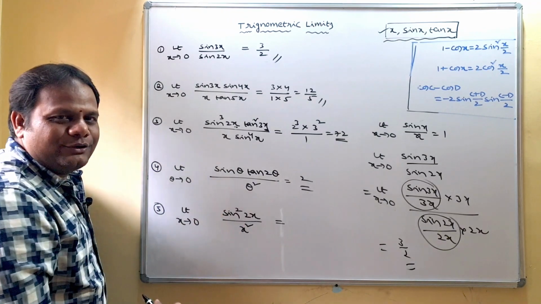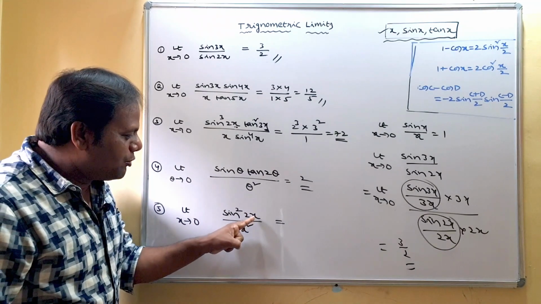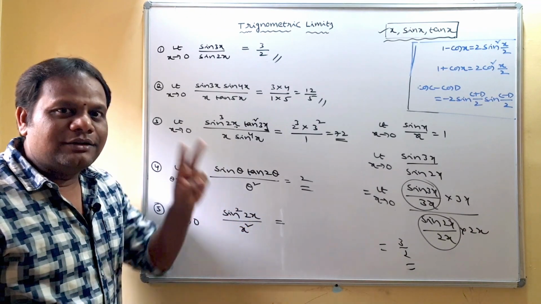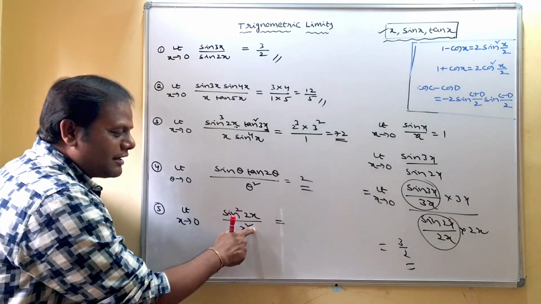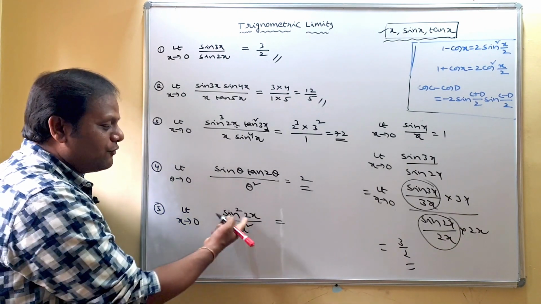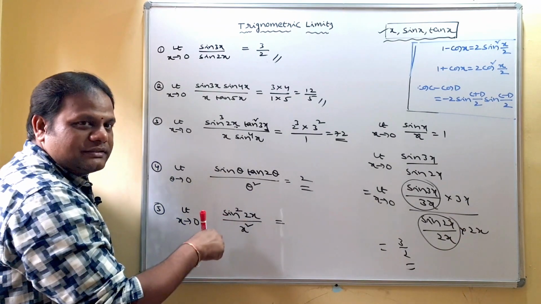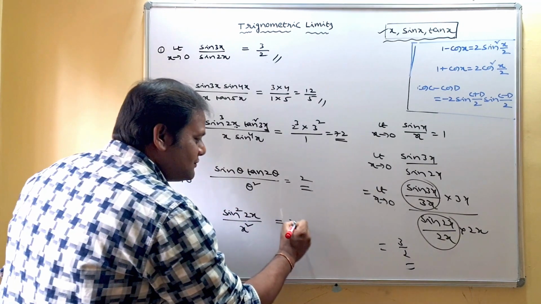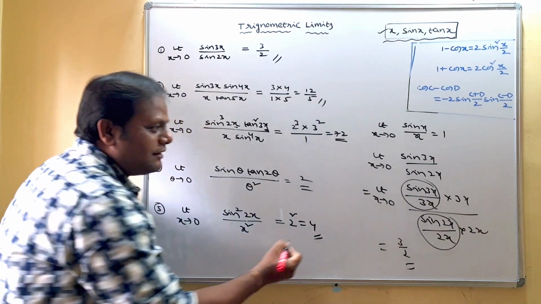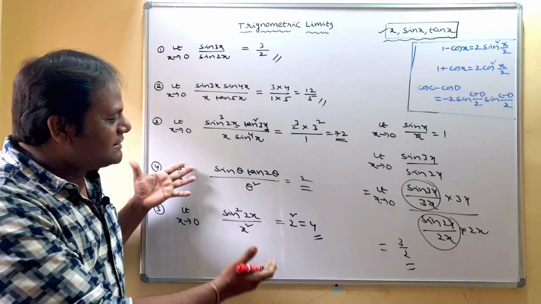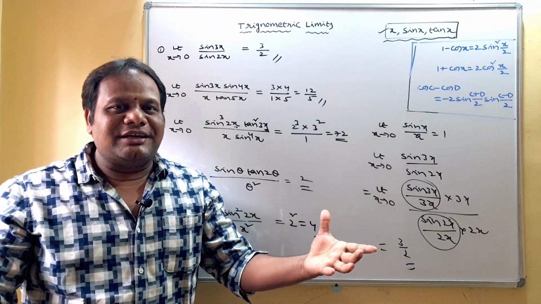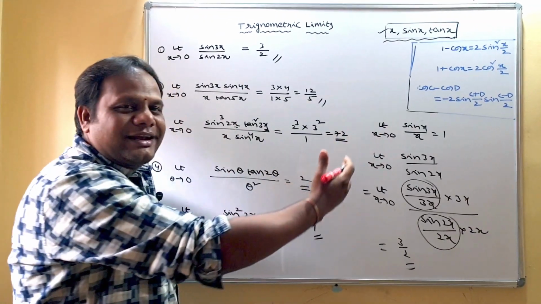Can you give the answer to this problem? Yes, easily you can do that. How many x are there in the numerator? x. Here we have square. So how many x are there? 2x we have. In the denominator also we have 2x. So what is the answer? Coefficients. So what coefficient do we have? 2 square. So the answer is 2 square, what is that? 4. See, it is very easy to give the answer just by seeing the question. Then directly we can write the answer.